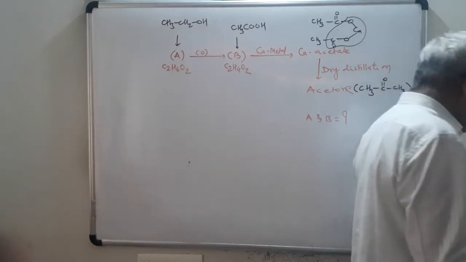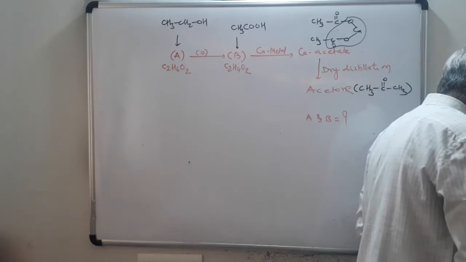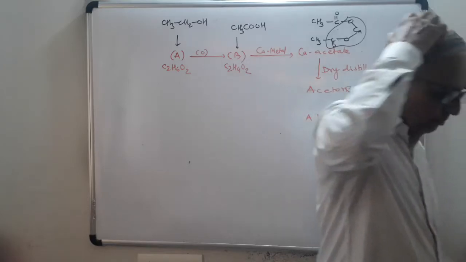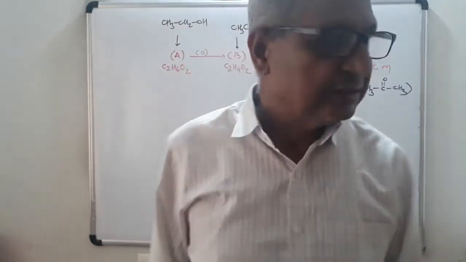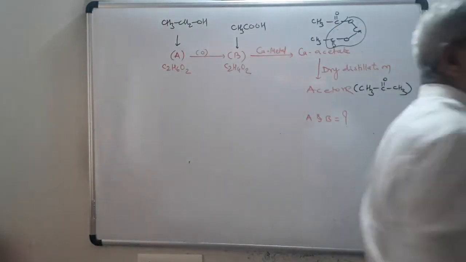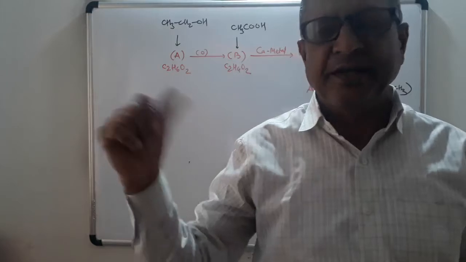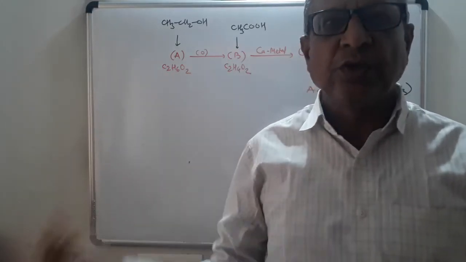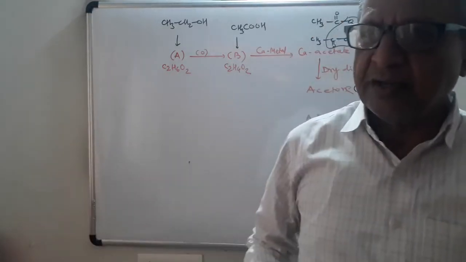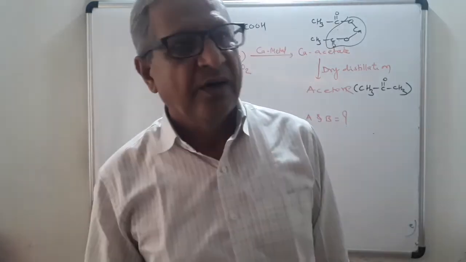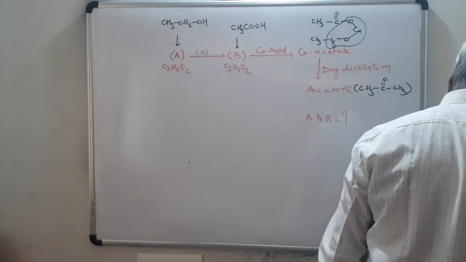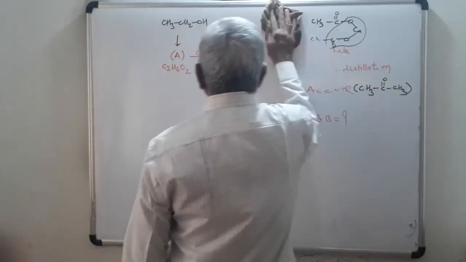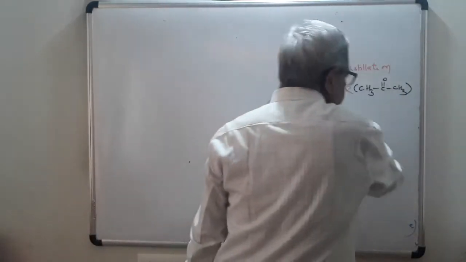So we completed method number 4, that is by using unsaturated hydrocarbon. In this case, we prepared 2 points. The first point is by ozonolysis of alkene. The second point is by hydration of alkynes. Now we will start the next method, method number 5, by using cyanides and esters.